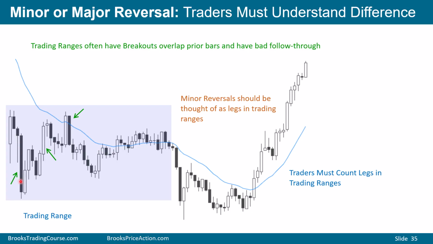So you see a big bear bar, bulls buy as it goes down. You see a big bull bar, bulls start buying as you get a pullback. Bears do the opposite, bears sell bull bars, betting that the reversal is going to fail.